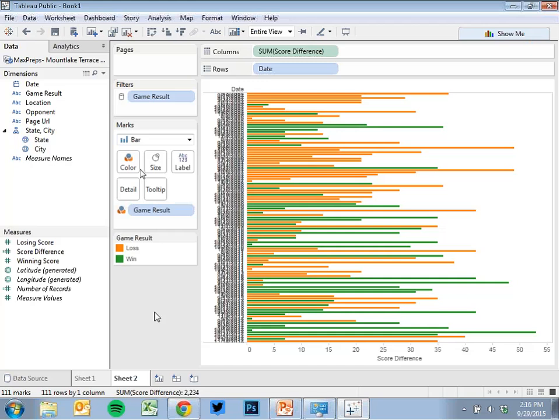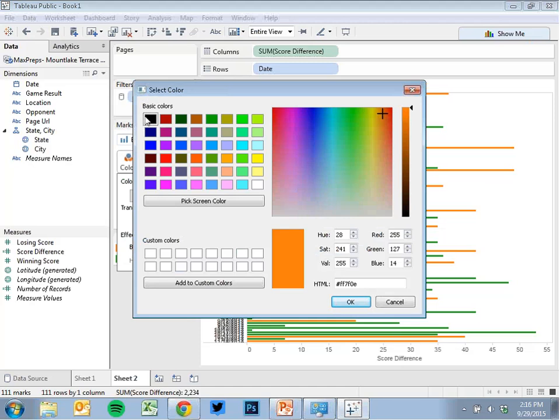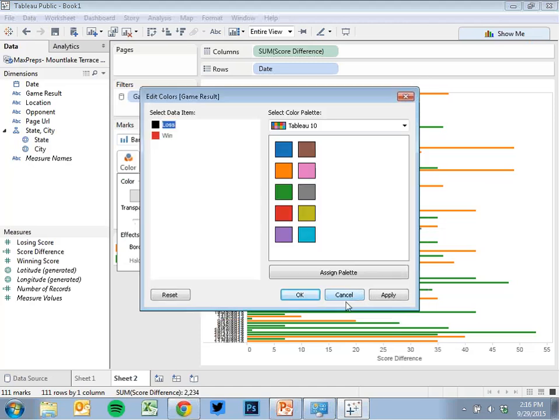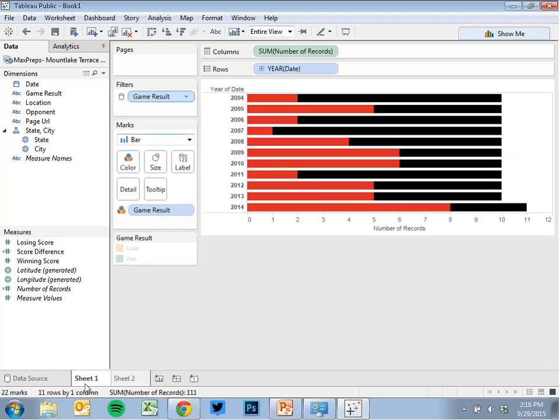And we can change the colors too. I think that's actually probably a good idea. What are your guys' school colors? Black and red? All right. Do you guys want to do wins as red or as black? Okay. Then we'll do black. All right, there we go. That's cool. And once you change the colors there, it'll change everywhere that it uses that.